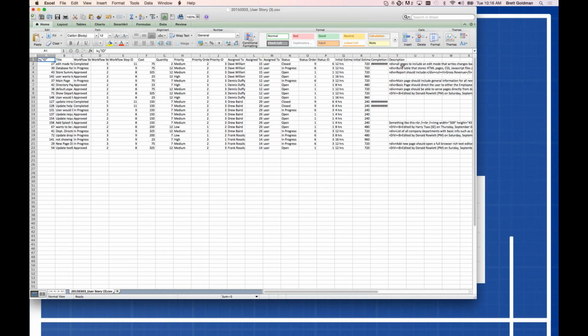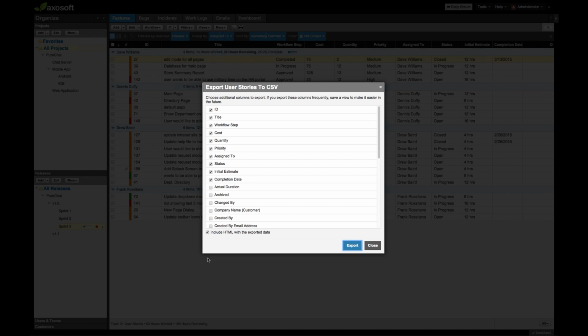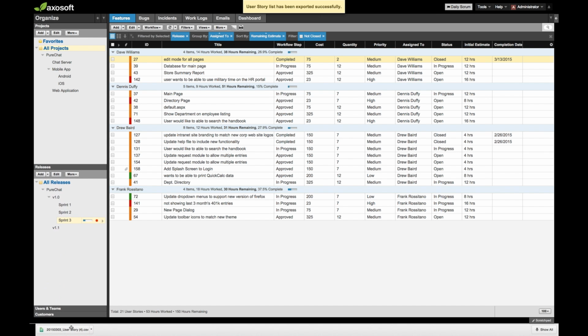One thing about exporting data is that if you are exporting from a large text field, where we typically have HTML values, it's going to export all of the HTML as well, because it assumes you might be integrating with another application, or you want that rich formatting of all of your links and tables. So it will export the HTML with it. If, however, you don't want that, you'll see this option right up at the top for including HTML in the exported data. If you uncheck that, now when you go ahead and export,